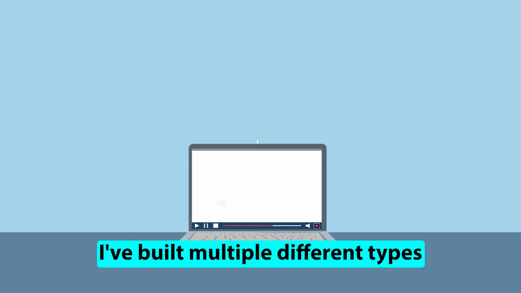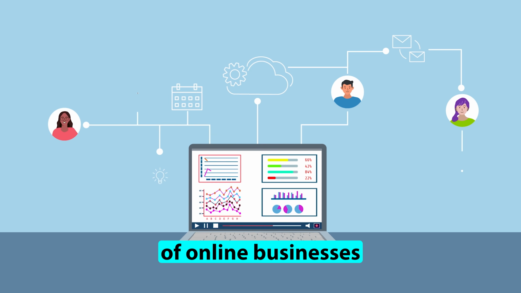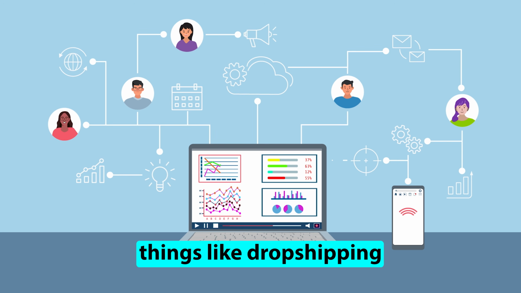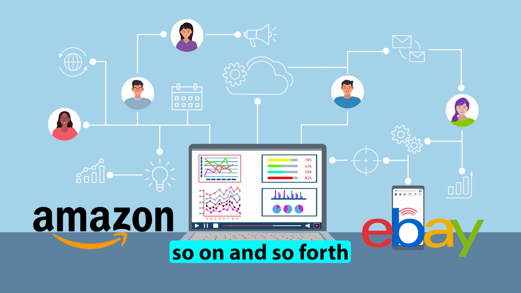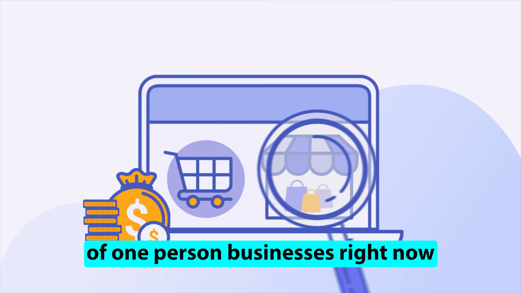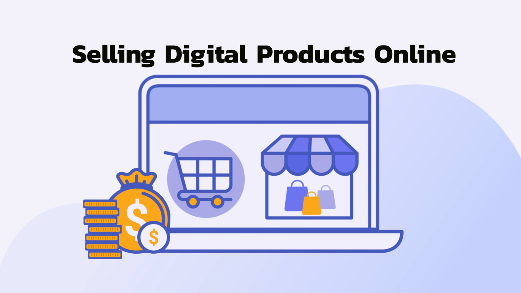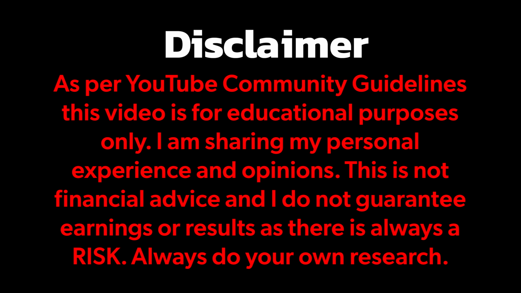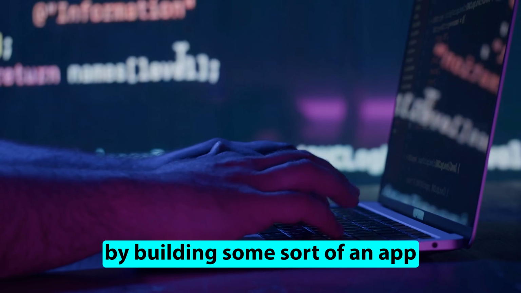So guys, I've built multiple different types of online businesses ranging from e-commerce, things like dropshipping, Amazon, eBay, and so forth. But one of my favorite types of one-person businesses right now is selling digital products online. And there's different levels when it comes to digital products. And I would say one of the highest forms is going to be building some sort of an app